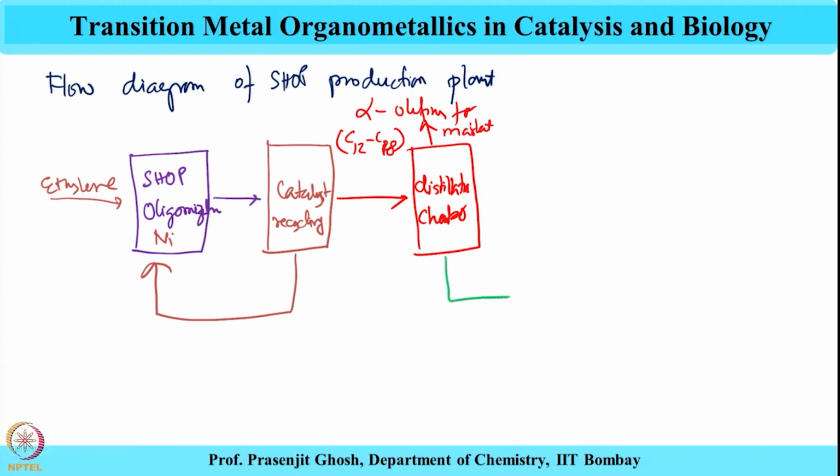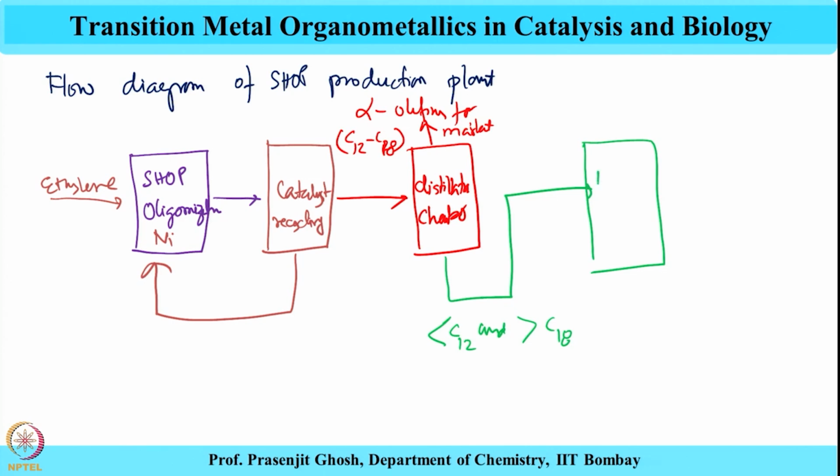And then the remaining fractions which are less than C12 and greater than C18 would be taken to the fourth chamber, which will involve isomerization,